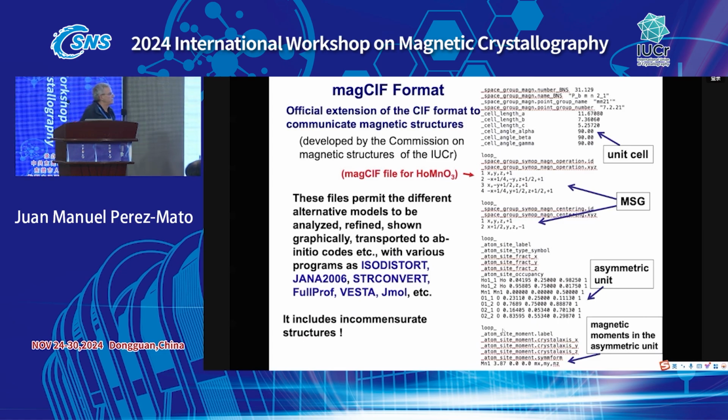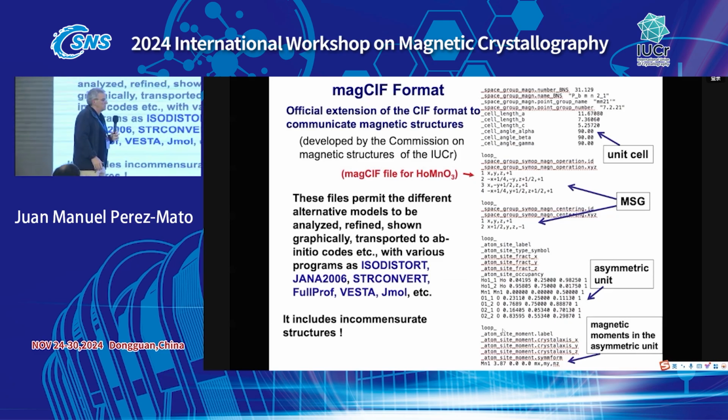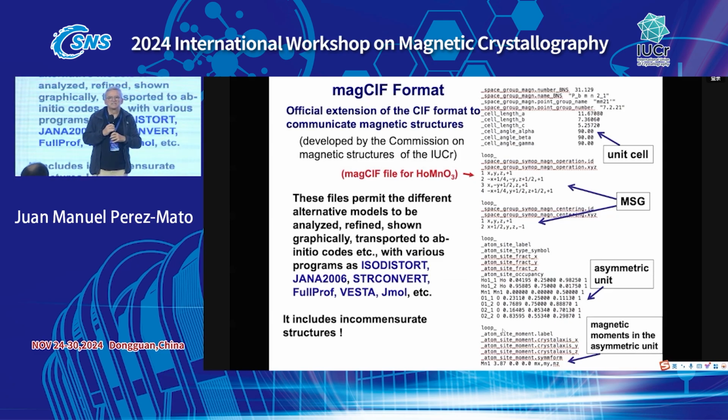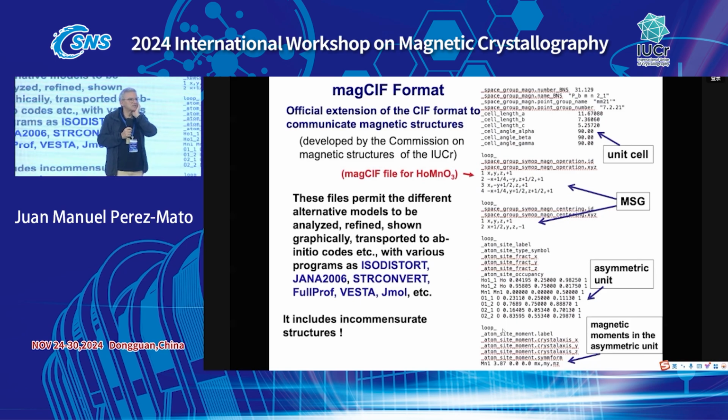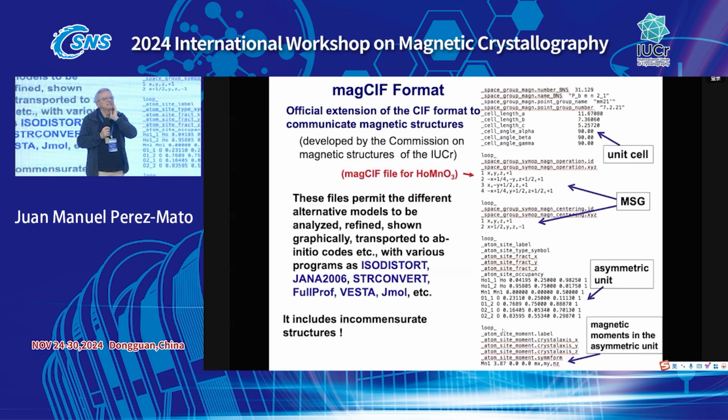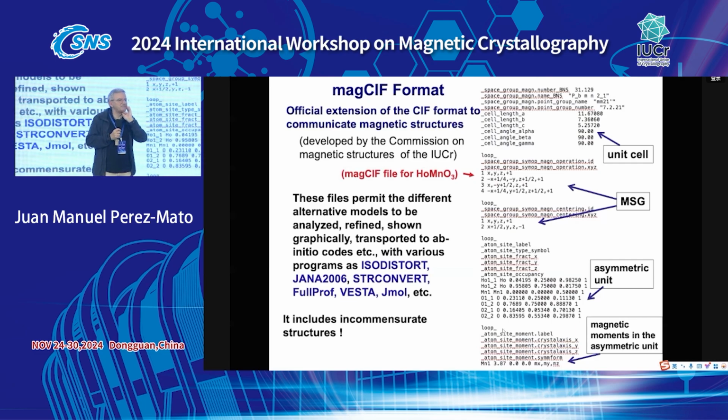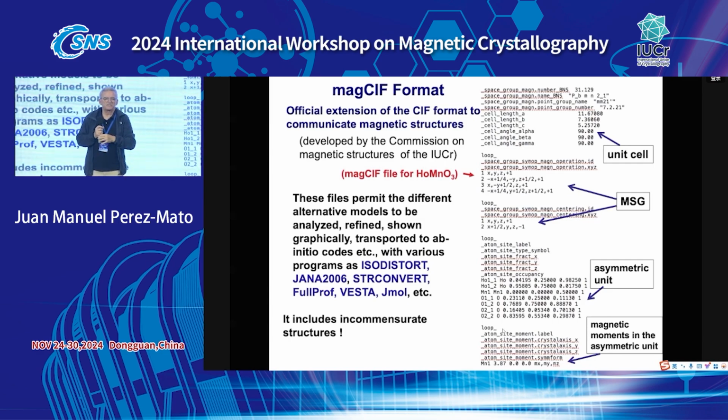Once we know that we can describe magnetic structures in this way, then the natural thing was to generalize the CIF format, which is usually used in crystallography for communicating ordinary structures, to magnetic structures. This was done a few years ago, promoted by the International Union of Crystallography and headed by Branton Campbell, who was at the time chair of the Commission on Magnetic Structures of the International Union. And happily, after a few years and a lot of paperwork, it was officially approved, a format that in principle should be the standard for producing these